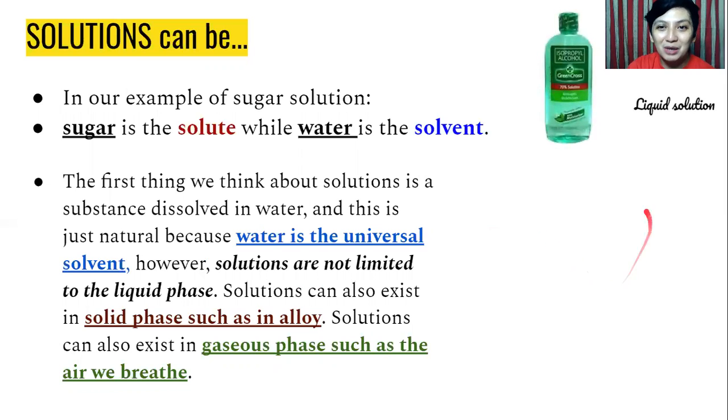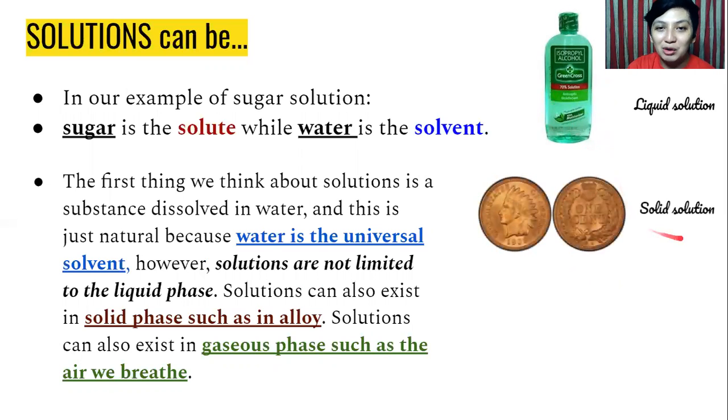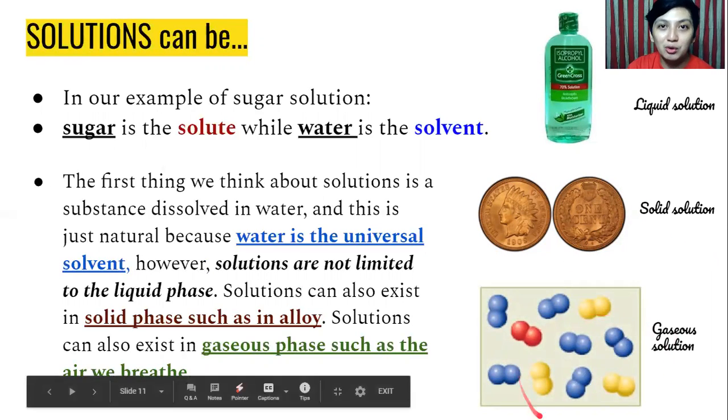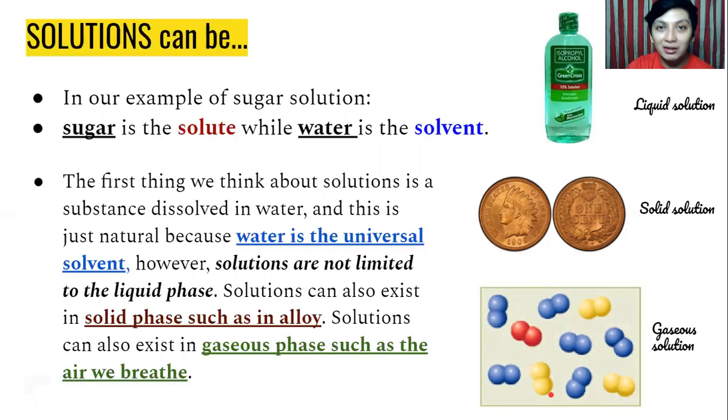Okay, so we have liquid solution. Example of this one is isopropyl alcohol. We have solid solution, which is an alloy, a combination of 2 or 3 or more metals. Yun ang ibig sabihin ng alloy. Alloy is a combination or a mixture of different types of metals. And then we have gaseous solution. Gaseous solution meaning to say the air that we breathe is composed of different combinations of gases. Okay, we can find carbon dioxide, oxygen, nitrogen, sulfur gases, and all. Okay, but you cannot identify them all.